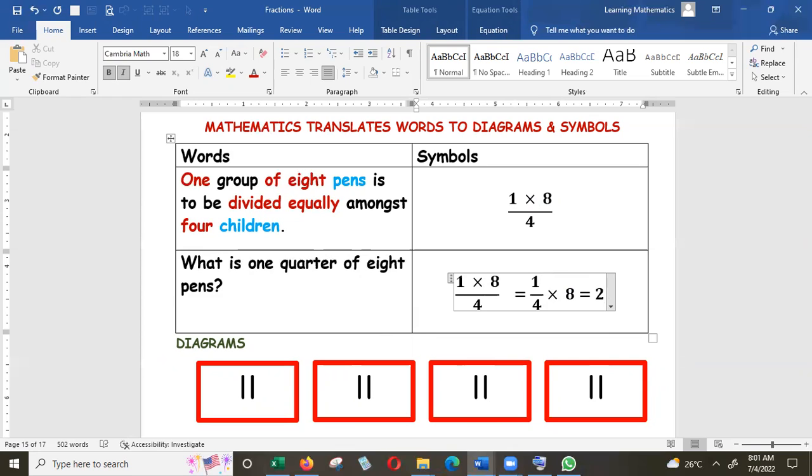Fractions has its origin when you would like to distribute one whole object like a cake or 8 pens or 12 books, trying to divide it equally amongst a group of children or a group of persons. Trying to divide a whole or a complete set, distributing it equally amongst individuals. This is where